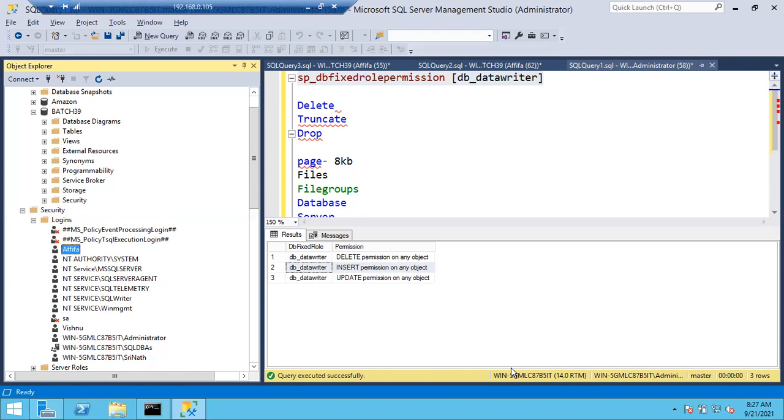No. They will tell you. Developers will tell you whatever permissions they need. Their team leader or manager will tell you. They will ask us, or else they will simply create a script for this activity. Whatever permissions they need, they will include in the script. They will ask us to execute that script. We will execute that script, and the database role will be created.